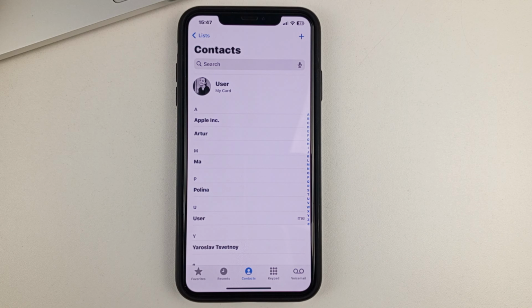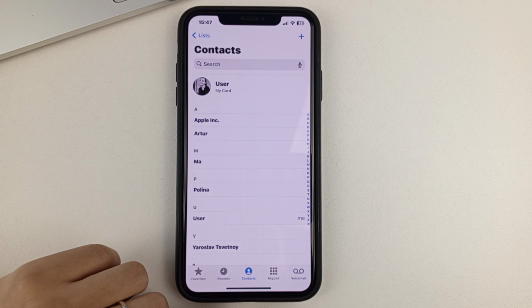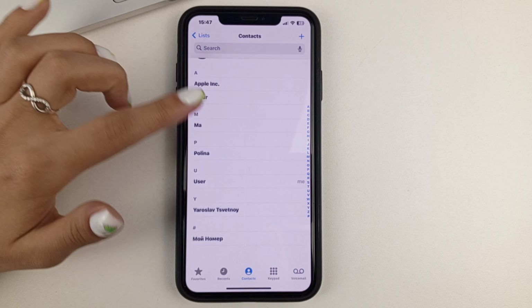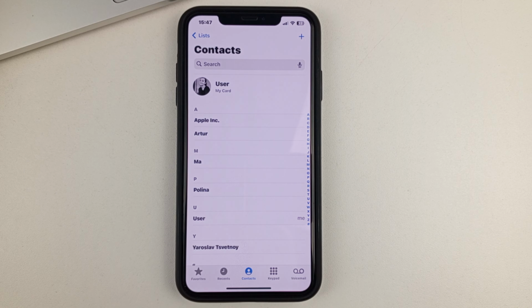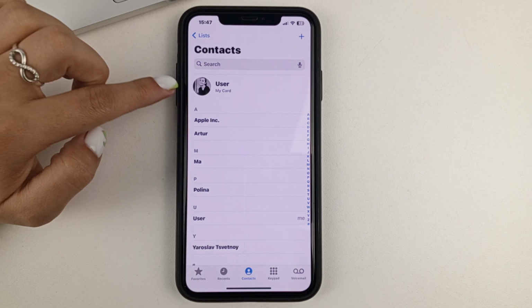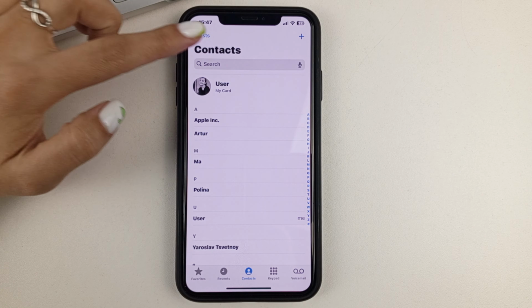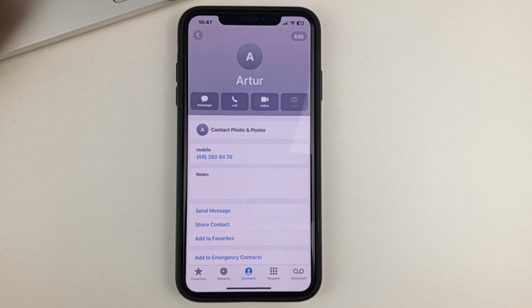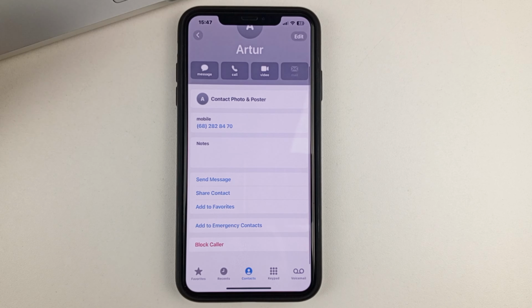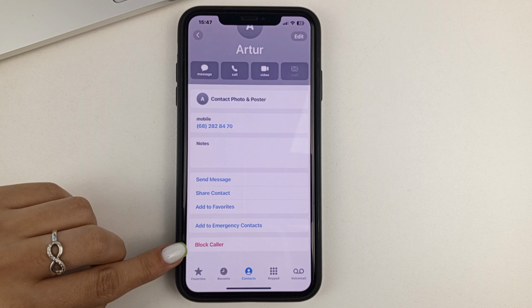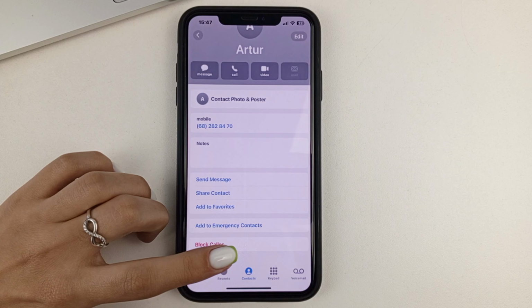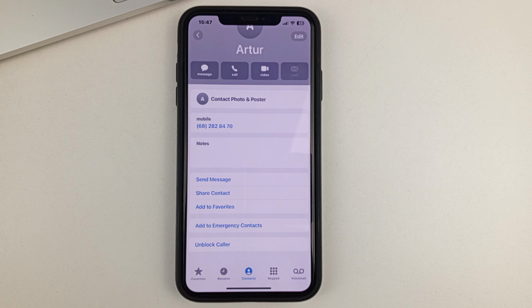And for this, you will need to open the Phone application on your iPhone. Next, you'll need to go to, for example, the Contacts section. And here, to block someone, you'll need to scroll down to find the person or type the person's name into the search box. Then you go to it and scroll down to the bottom where you find Block Contact. You click, you confirm your action, so the contact will be blocked.